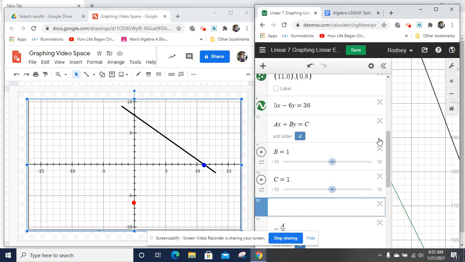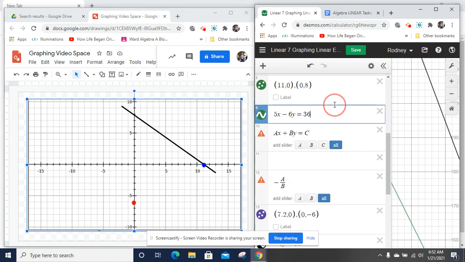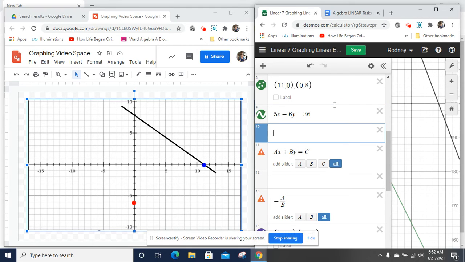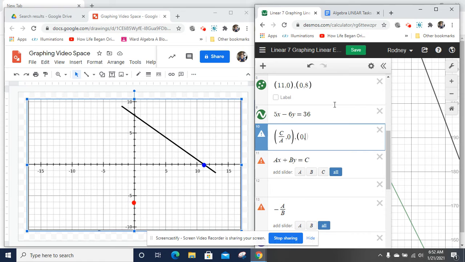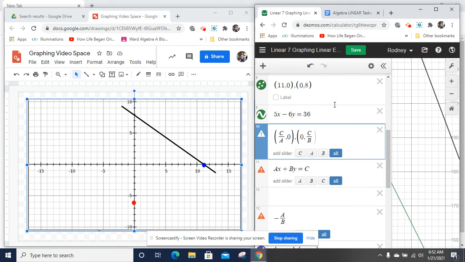Oops, I didn't mean for all those sliders to show up. Okay, so the intercepts are going to be at c over a, 0, and 0, c over b, because to get the x-intercept, we simply divide the c coefficient by the a coefficient. To get the y-intercept, we divide the c coefficient by the b coefficient. Then to get the slope, it's going to be the change in y over the change in x. So the change of y from 0 to c over b, or c over b to 0, would be